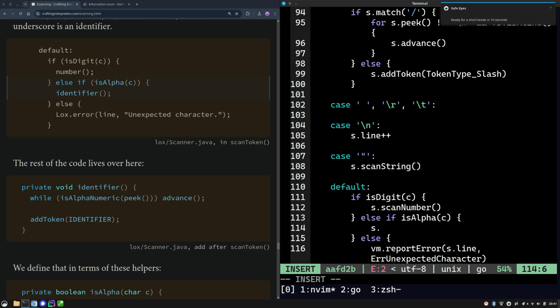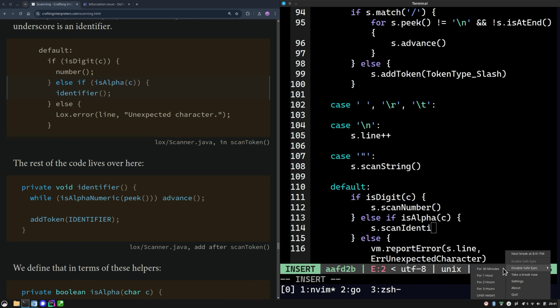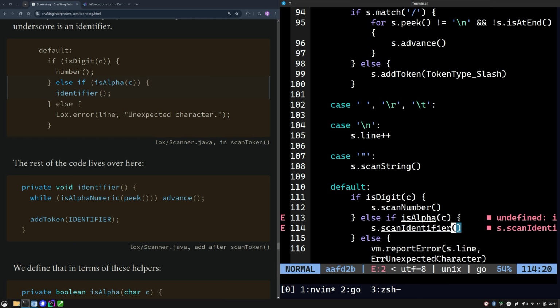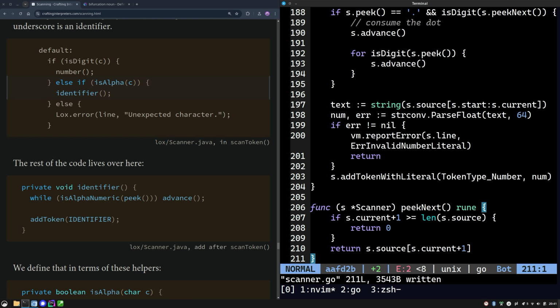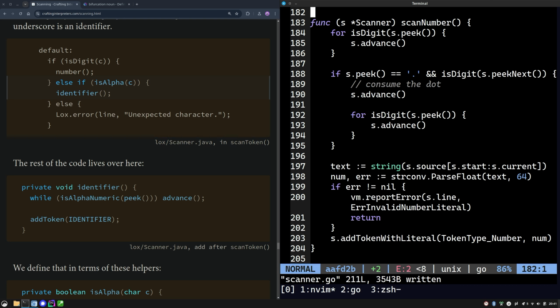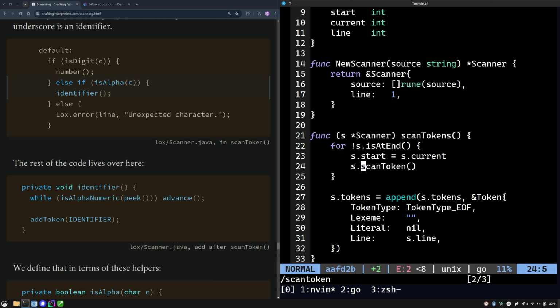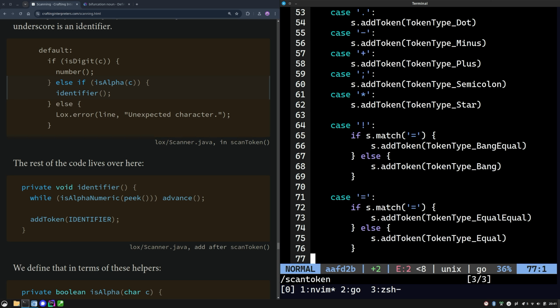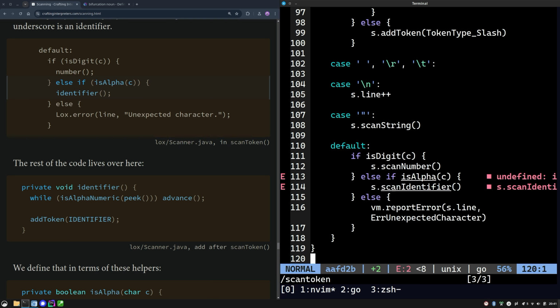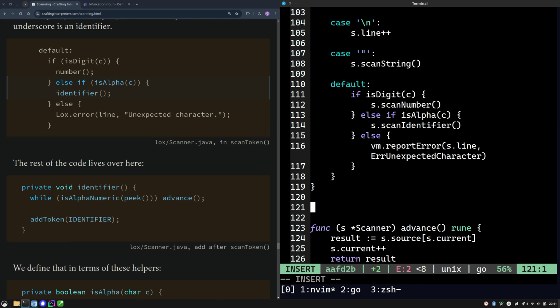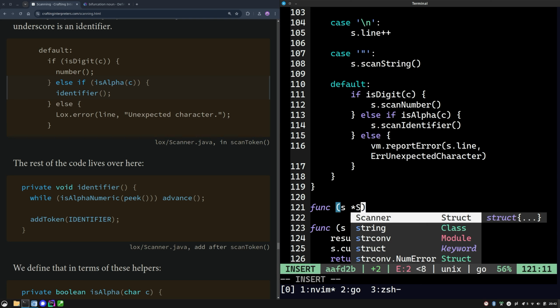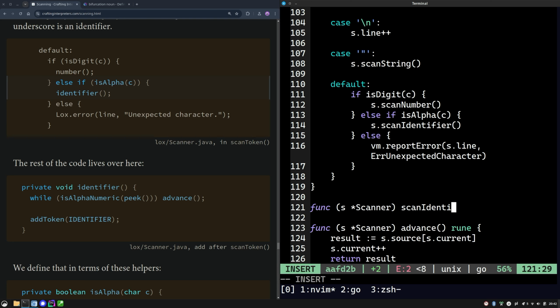I'm also going to call it scanIdentifier. The rest of the code lives over here. Private void scan. Where is scan token? Func s scanner scanIdentifier